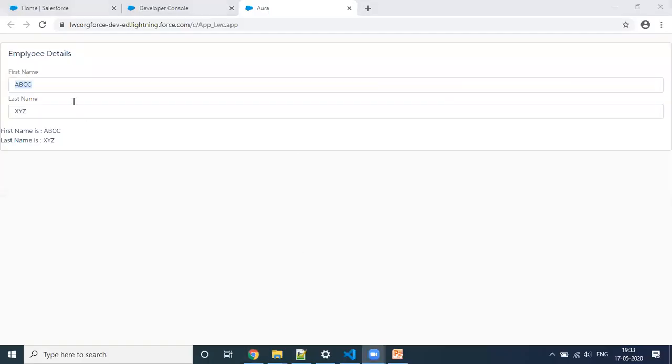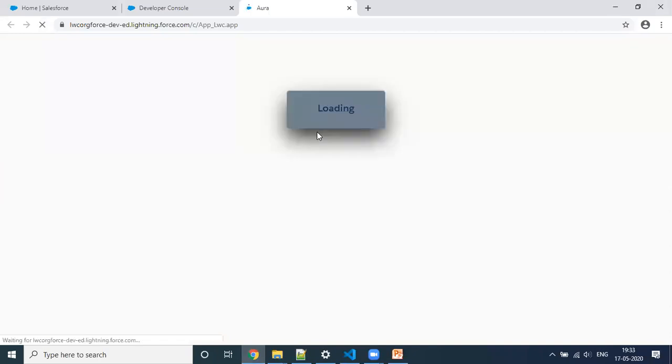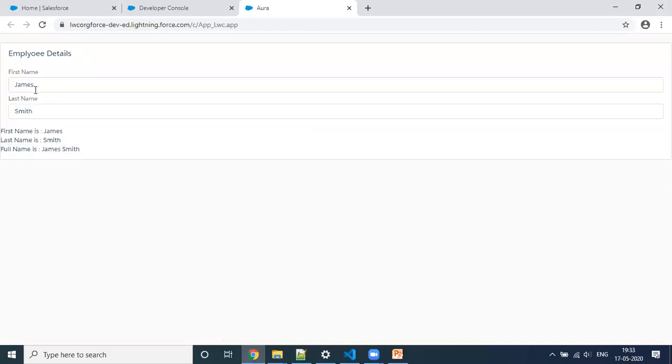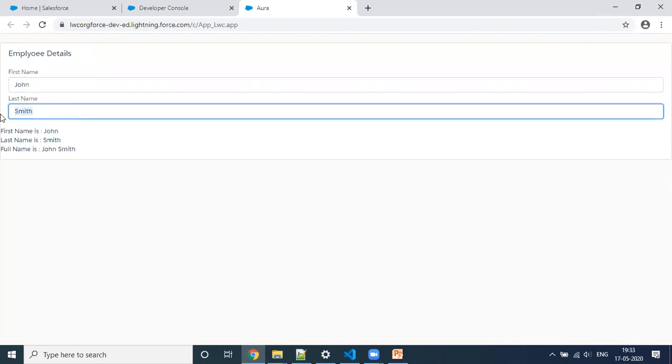So here we can see, let's refresh this. By default this is the name which we have given in our variable. Now let me define here John, and some name like Clark.